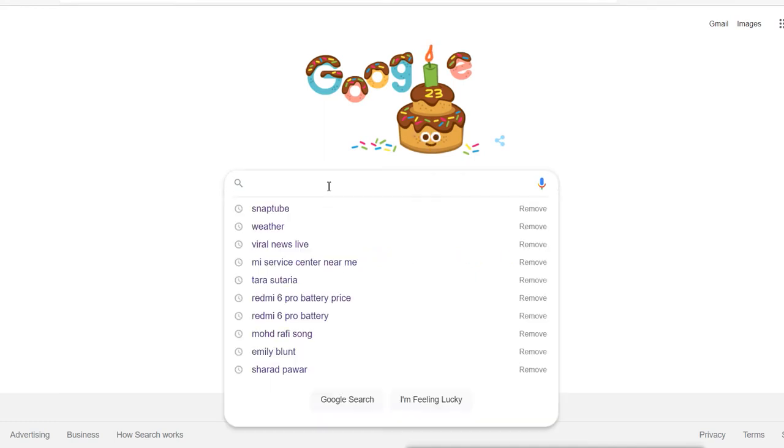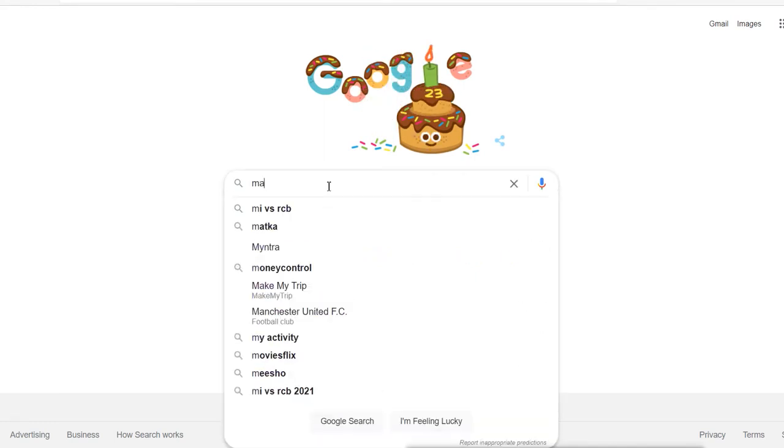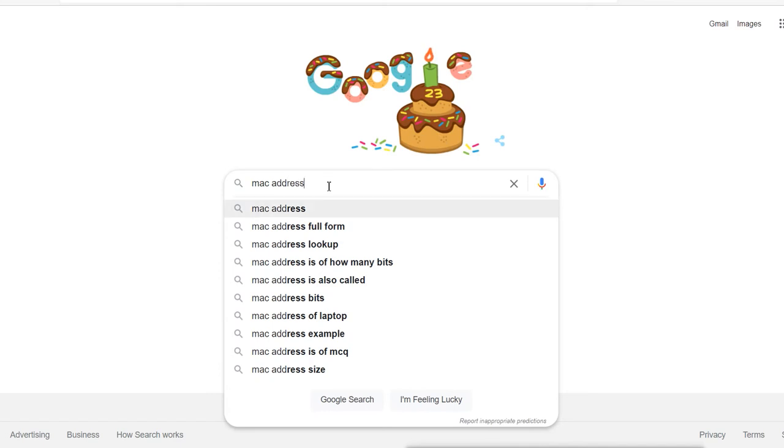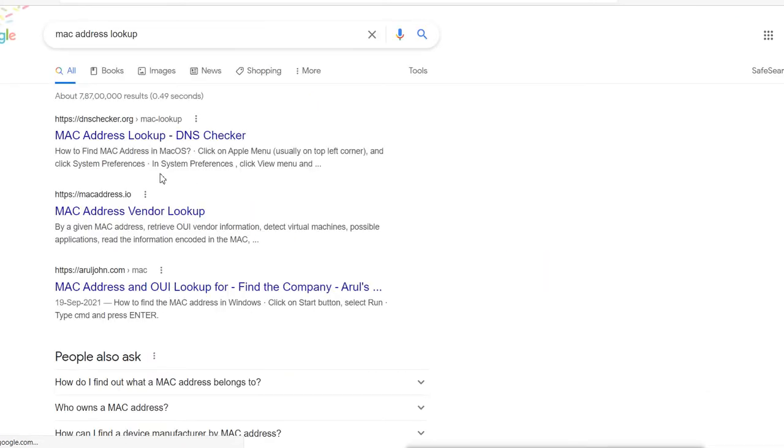I will go to Google and search for MAC address lookup, and let's say I open the first one, this MAC address vendor lookup.